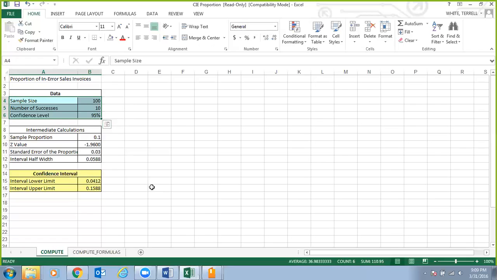Now, if you're a curious person like me, and if I don't understand how to input all of these formulas, I'm going to go input my givens, and after I've